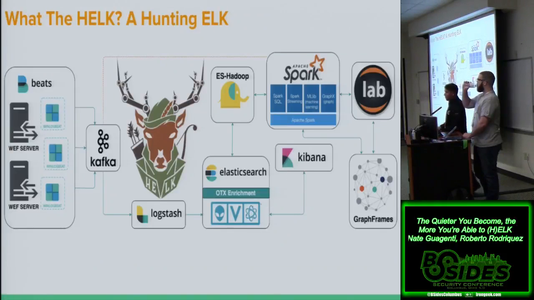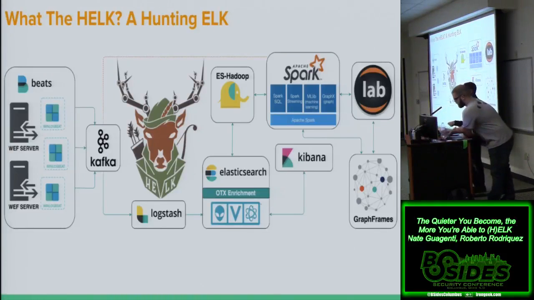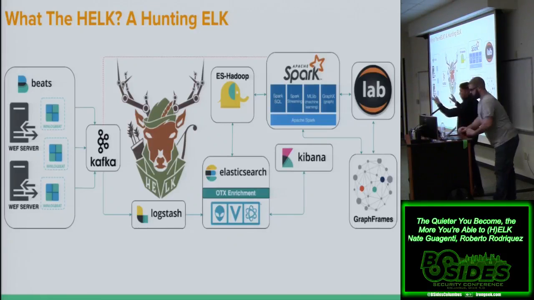So it's having Kafka in front, where a lot of things can happen, even at Kafka. For example, here you have Kafka going to Logstash, and all the processing happens in Logstash. But you can also have Spark talking straight to Kafka and doing real-time automation as well. So you can have queries being sent straight to Kafka. Logstash still feeds your Elasticsearch with all the data that it needs, pre-processed.